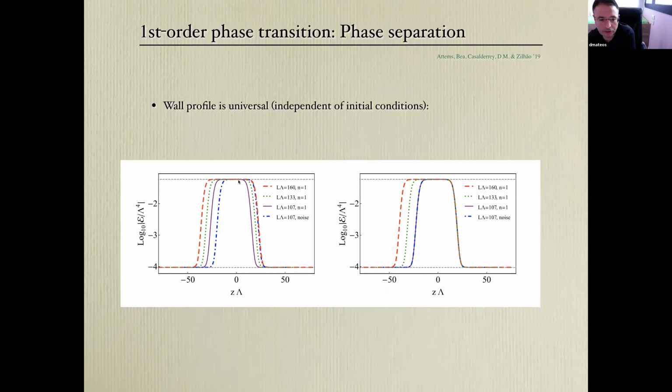So to show you that, what I'm showing you on the left here is this phase-separated configuration for different initial conditions. And of course, if you change the initial conditions, in particular the total energy, you will end up with a phase-separated state in which the size of the high energy region and the size of the low energy region are different. But now if you take any of these curves and you shift it by a constant, as I've done here on the right, you see that all these different interfaces fall right on top of each other. Okay? This shows that the interface profile is a universal property. It's only a property of the theory. It does not depend on initial conditions or anything else.